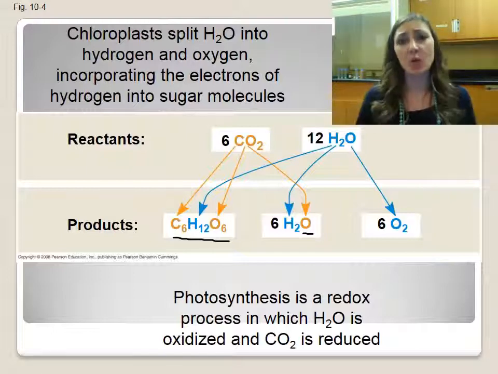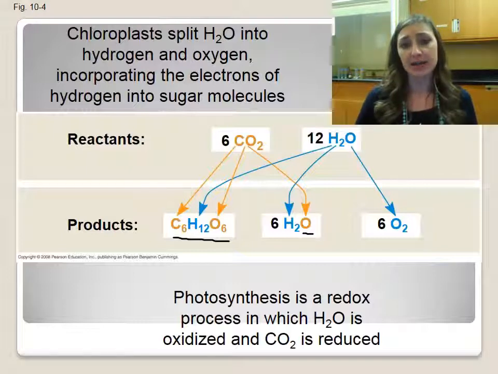So we simplify the equations to show that there isn't any water made and that we need 6 water molecules in order for photosynthesis to occur. So there is some water that is produced. It was not shown in the last equation. Water split forming oxygen molecules. That water is used also to form some of the water that is product, and it contributes some hydrogen ions